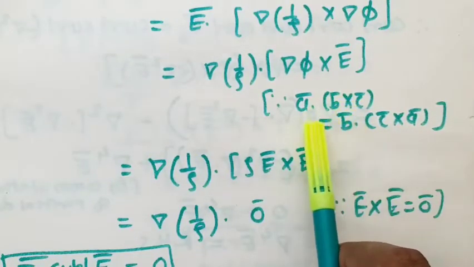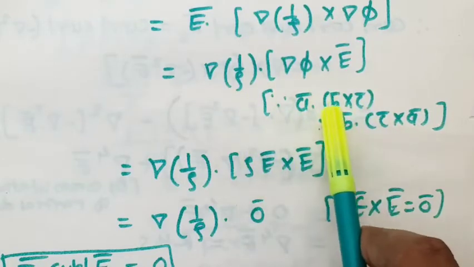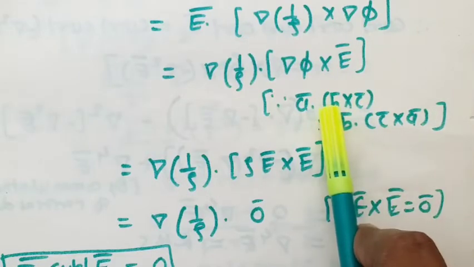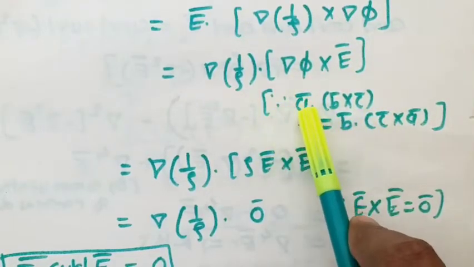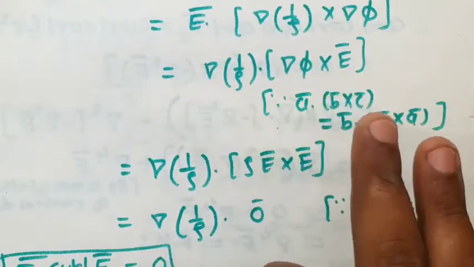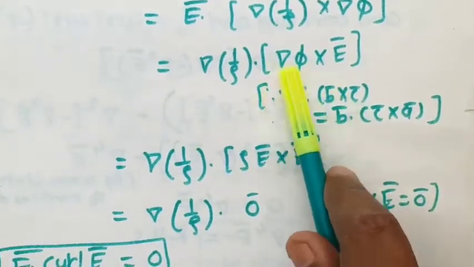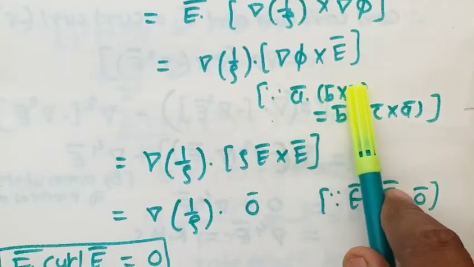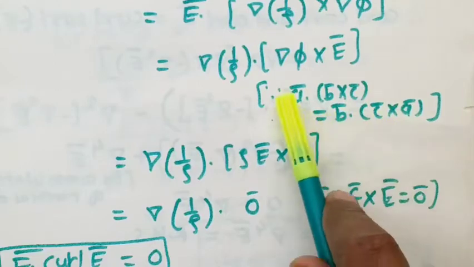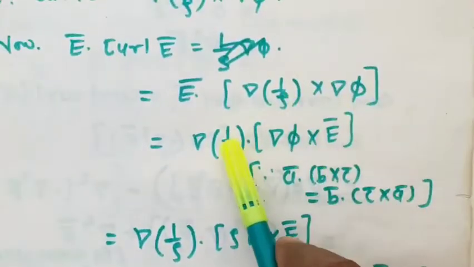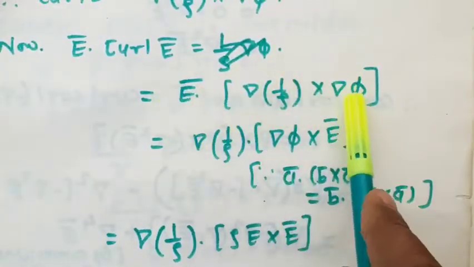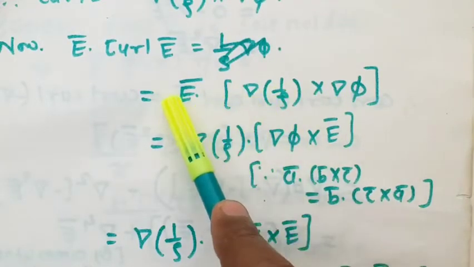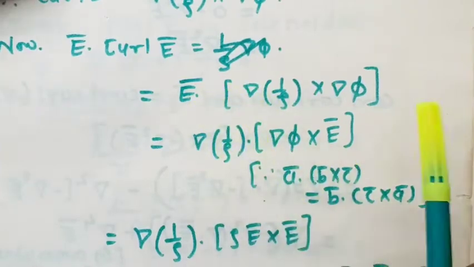So how I have interchanged the position in cyclic order: I have taken B here, A will go in place of C and C will come in place of B. In that way, if you rotate the position of all the three vectors simultaneously, the value of the product remains unchanged. So after rotating it in cyclic order, we'll get this, means B I have taken in place of A, A will go in place of C and C will come in place of B. In that way, cyclic order. So same thing I have applied here. I have taken E in place of del phi, I have taken del phi in place of del of 1 by rho and del of 1 by rho in place of E in cyclic order. So that we can do in the box product.